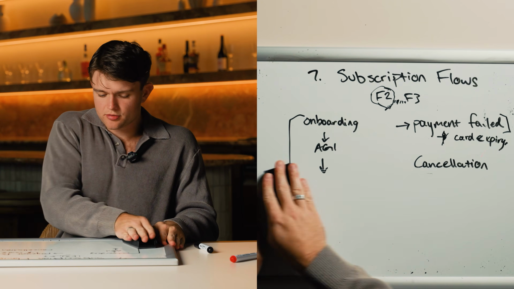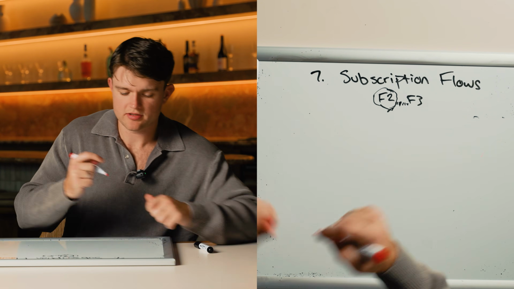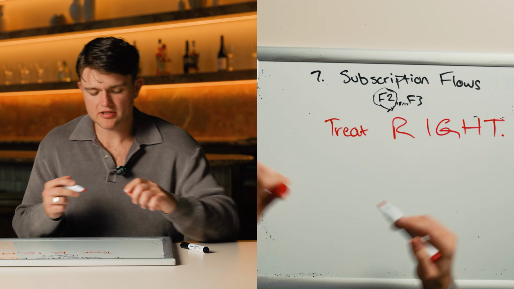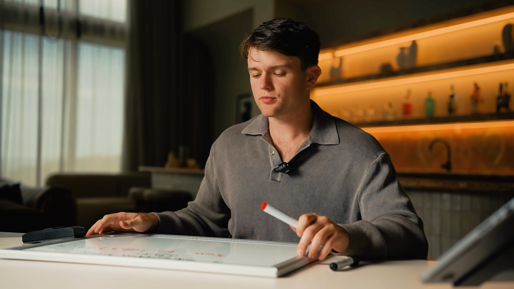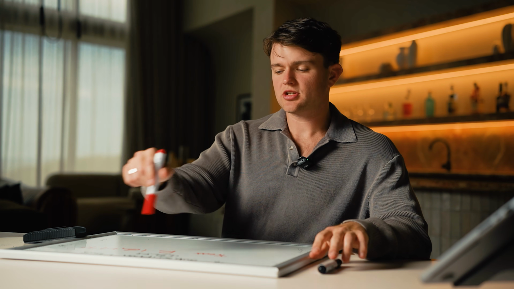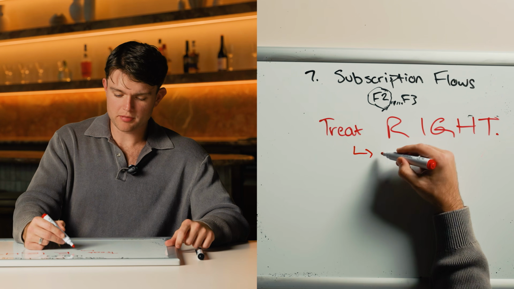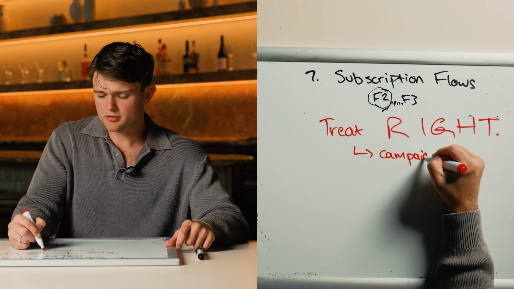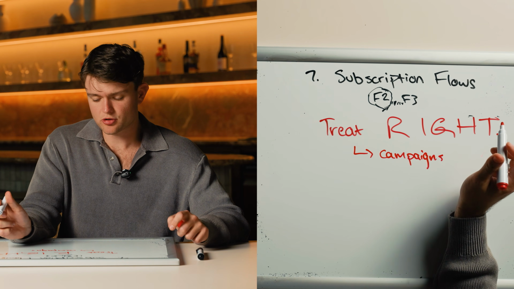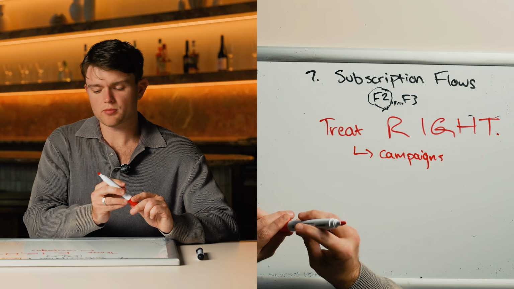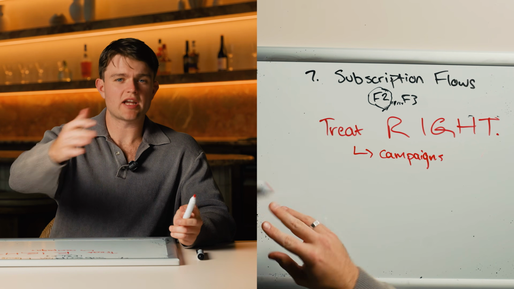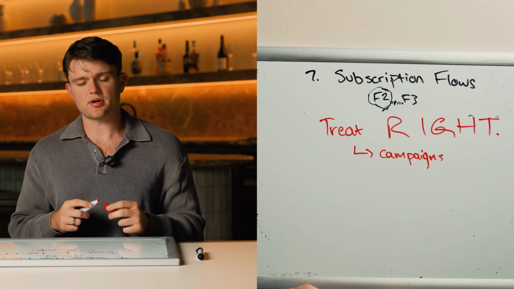And the main thing to do is treat your subscription customers right. You can't be just having a subscription program and not filtering by these in all your other flows. Like you don't want subscription customers going through normal abandoned cart, normal abandoned checkout, normal post-purchase flows, normal win-back flows. You need to make sure you're excluding your subscribers, especially from all the other flows, but also from campaigns. We really only want to send very select campaigns to our subscription customers. We don't want to be bombarding them. We want to be letting the post-purchase flow do the educating, do the onboarding, and then letting surprise and delight